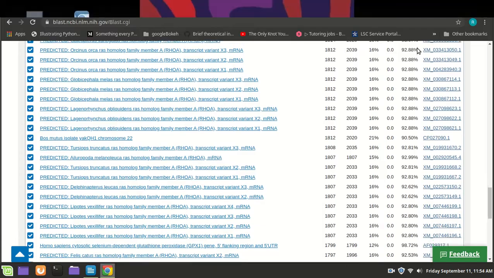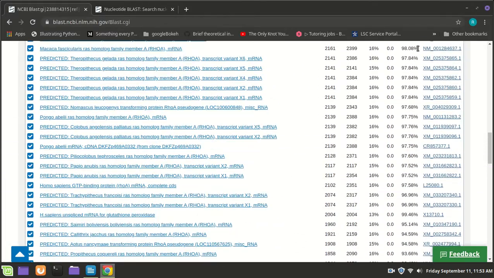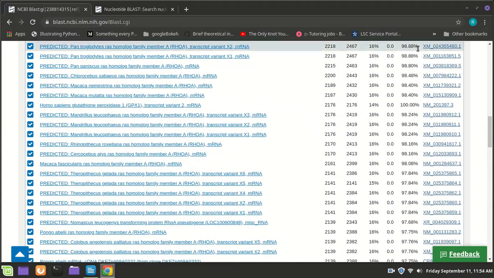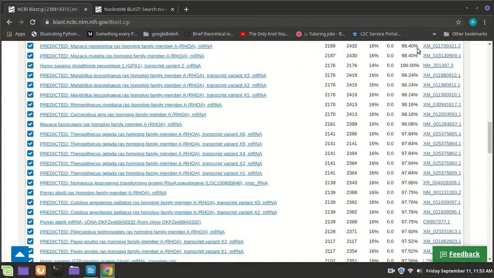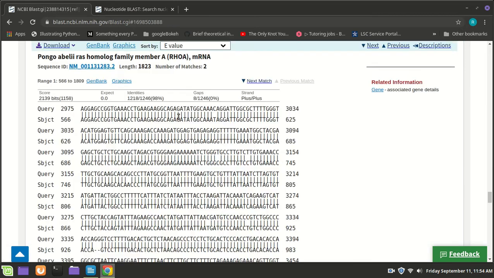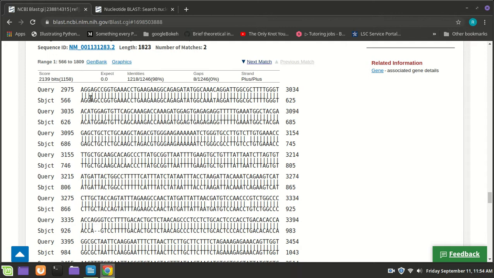This is what you can do with BLAST. There are actually different things. If you go here and want to see, let's just start with something a little different. I'll just start here. No reason I'm picking this one, but I'm going to click here so we can see. Here are the two sequences aligned. So you can see